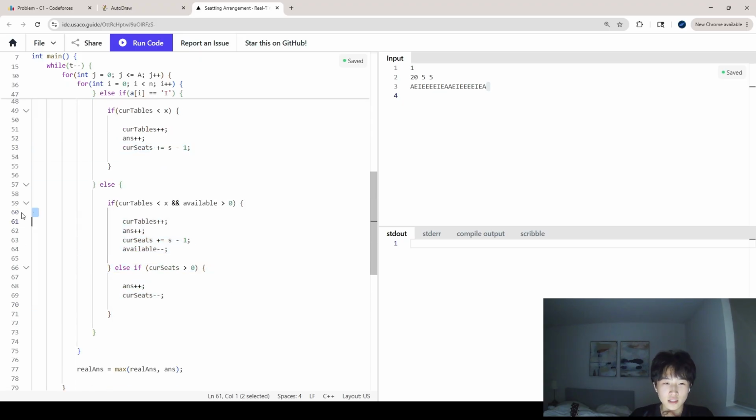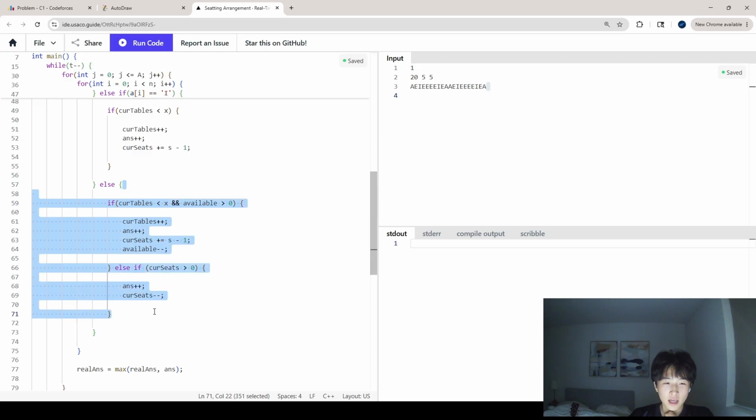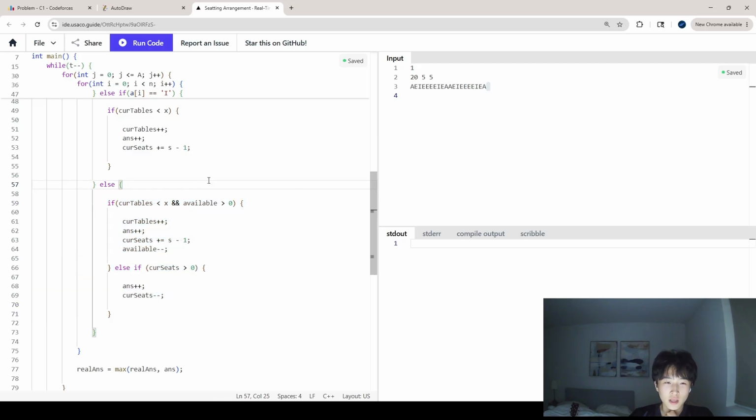Else, in this place, I am looking at the possibility where the current index is an ambivert. If available is bigger than 0, that means I can treat this current ambivert as an introvert. I then add to the number of tables, and I treat this the same way as I would treat an introvert. And if available is not bigger than 0, or if the current number of tables is not enough,